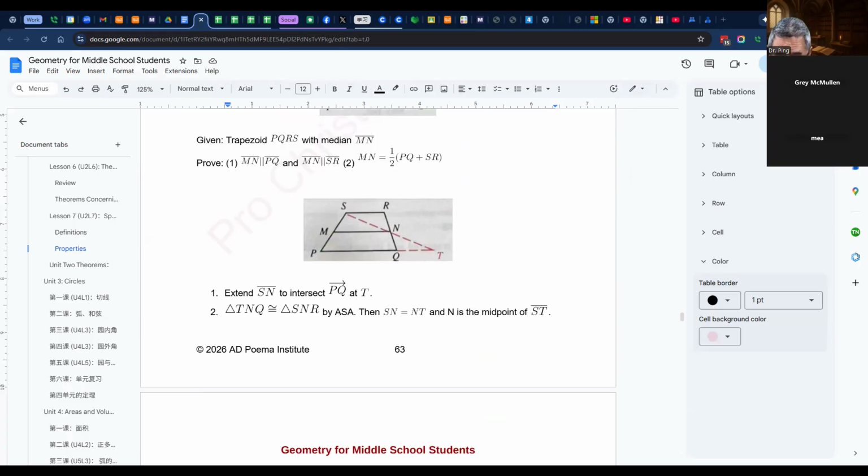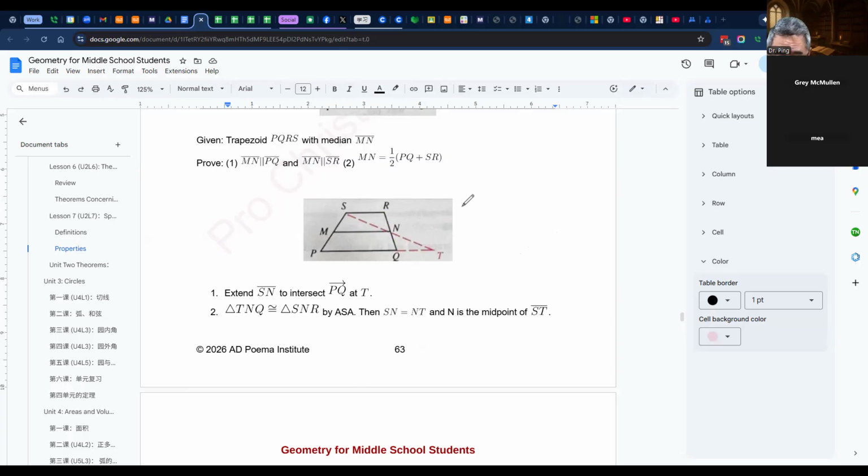We have to prove there are two triangles here, this triangle and that triangle, and we want to prove that they are congruent. The reason is that we learned about triangles. That's why the triangle is so fundamental. If we understand triangles, we can use triangle properties to prove many other